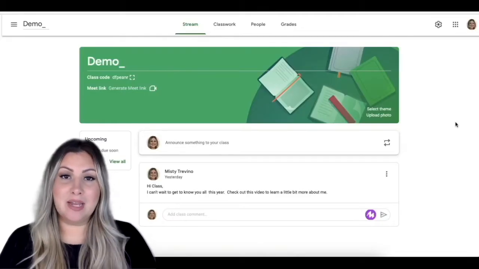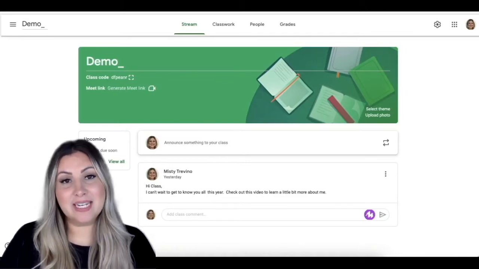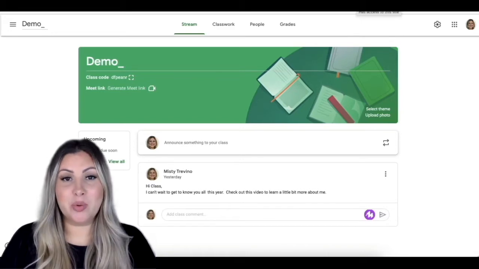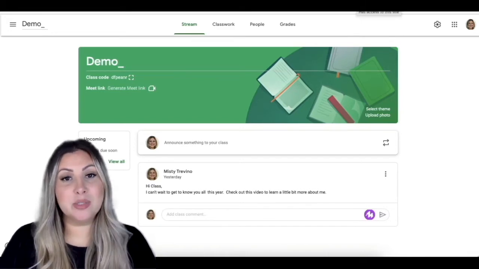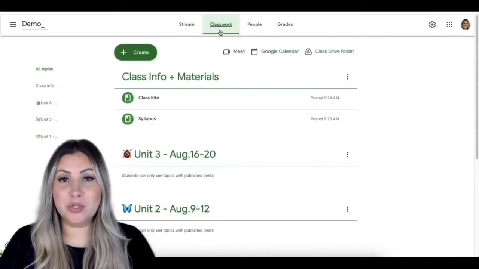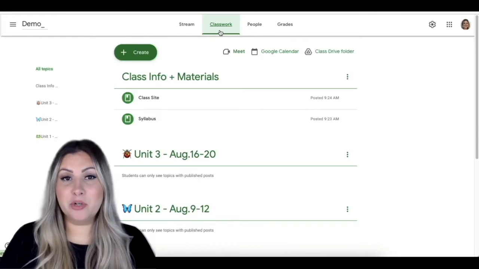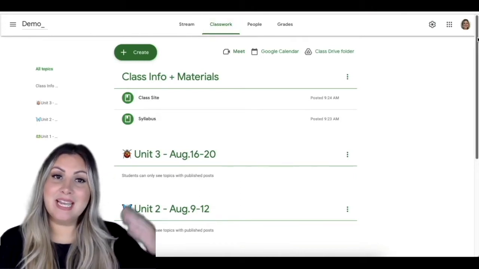Sometimes we create assignments where we want students working simultaneously in the same digital space. In the next couple of videos, I'm going to show you how to create different assignments to illustrate different assignment types, as well as show you what a lesson progression might look like. A lesson progression might look something like this.